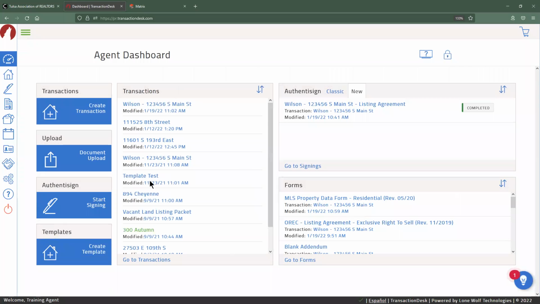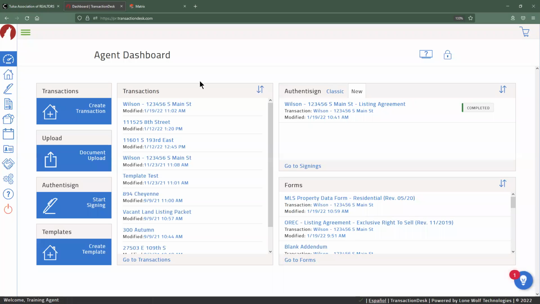So in my case, I have a nice long transactions list. This shows me all of my most recent transactions that I've set up. This also shows me my AuthentiSign, showing me any of the signings that I'd recently sent off, as well as any of the forms that I'd recently been filling out. So let's say that I got pulled away, there was a showing that started, and I had to leave the office real quick and abandon whatever I was working on. Whenever I get back into Transaction Desk, I can jump back into the transaction I was working on. I can fill out the form that I might have been working on at that moment, and all of the information about it will be contained right along the side of the name up here.